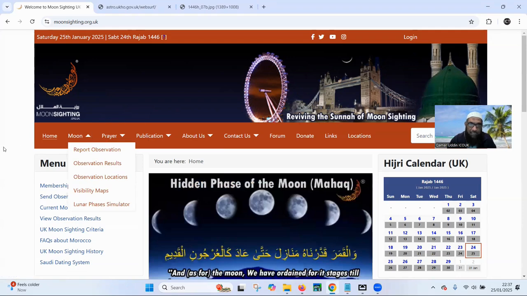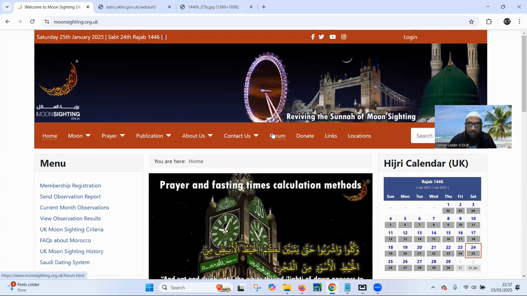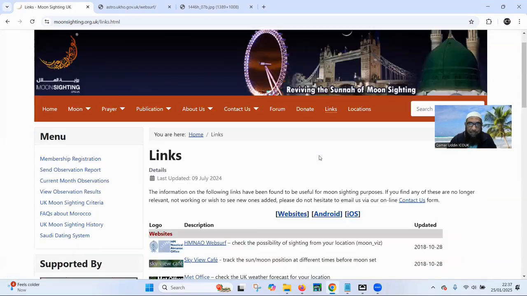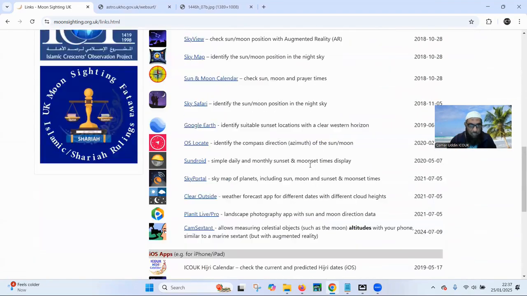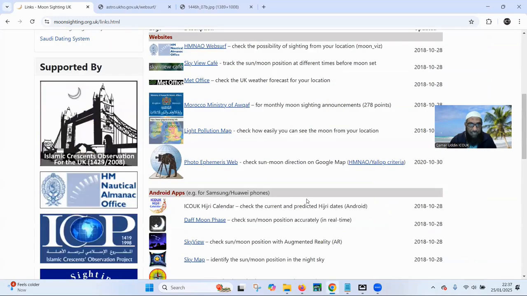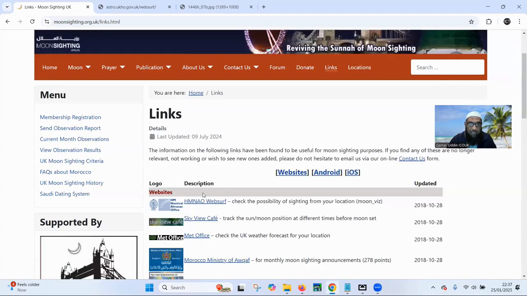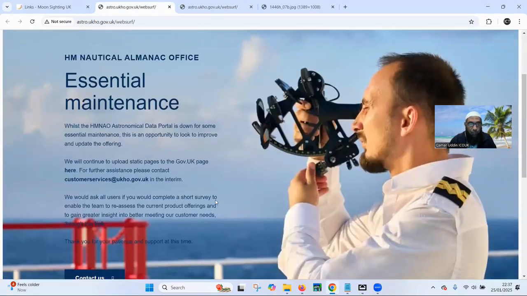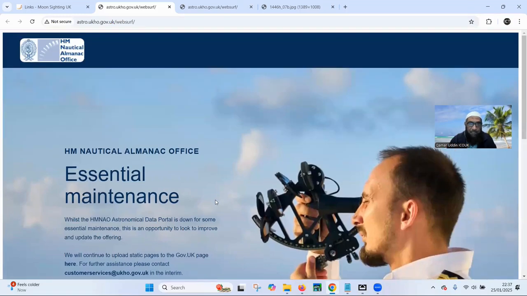Now I want to look at the programs which give us the data. If I go to the links tab, I get all these different programs that could help us find various data. Previously, HM Nautical Almanac Office used to provide us with a set of data for any location. Unfortunately, they have taken the website down for maintenance purposes. They are modernizing their website,